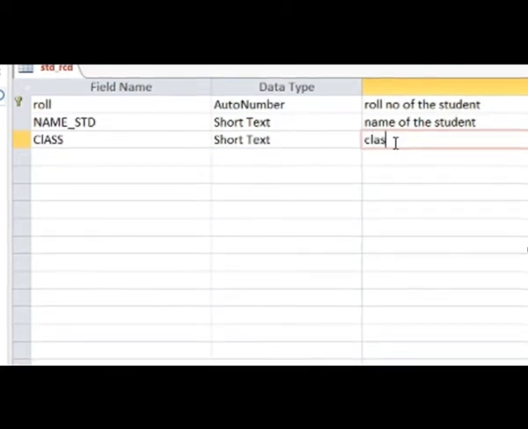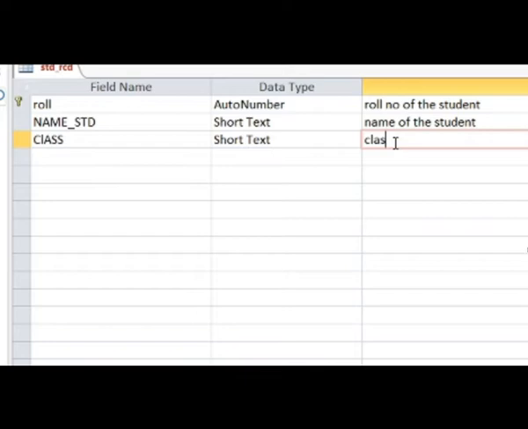And same way for class also we will change it. See children, here you will say, ma'am, why for class I have taken it as short text? See, if I take simply number, then what will happen? I can write down 8, that too a number, digit, but I cannot write that 8 in Roman number, because number will not provide you with any other character except digits.